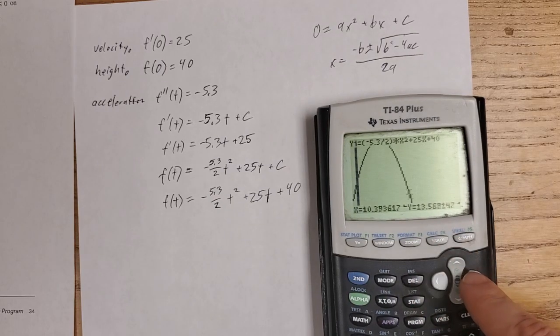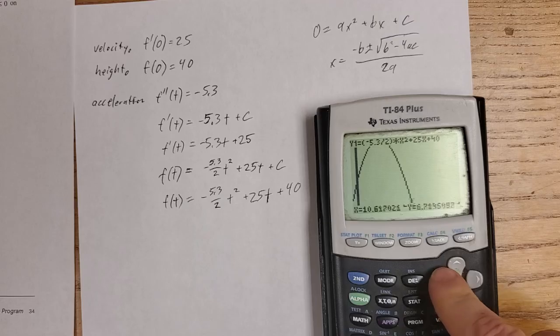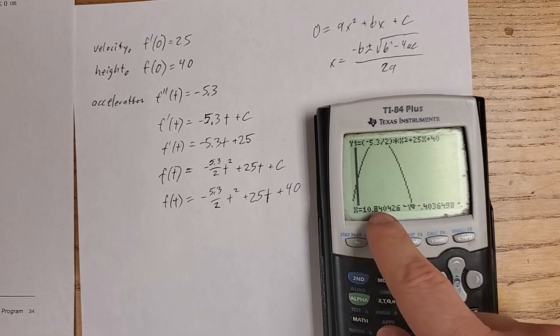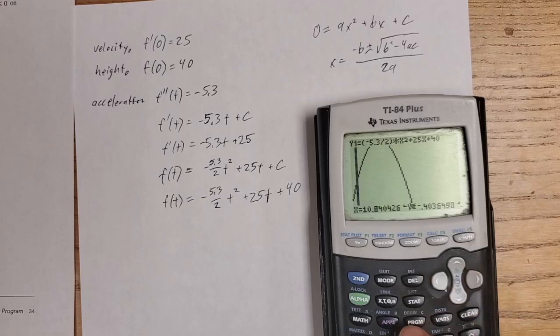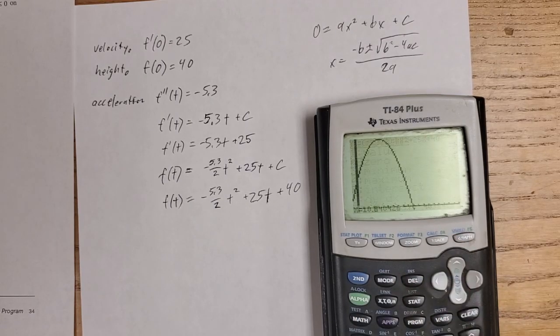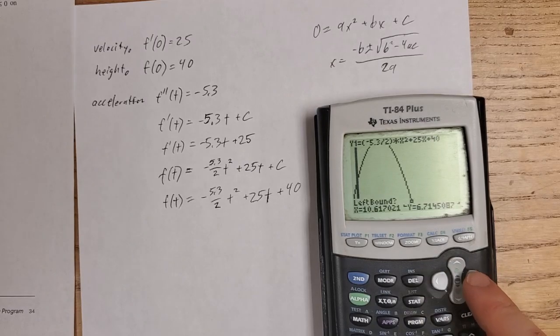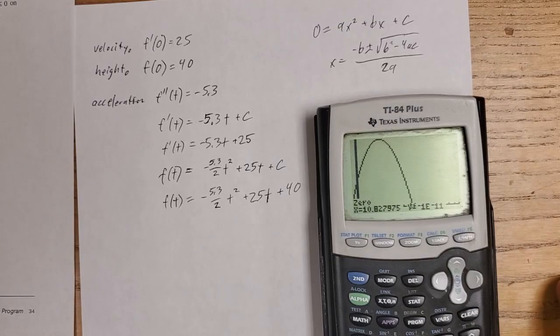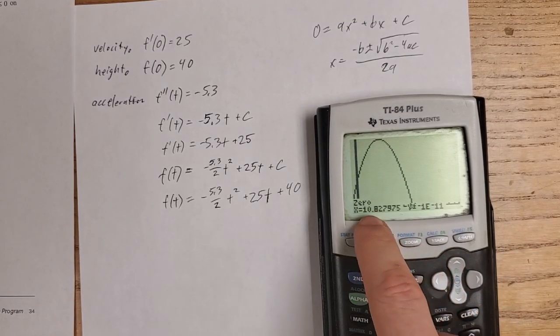So we can trace over to there, and we can see it's going to be somewhere between 10.6 and 10.8, something like that. And we can go to the calc menu, we can find the 0, and we can say it's going to be between there, and grind, and it'll tell us